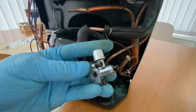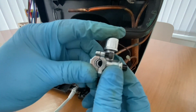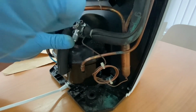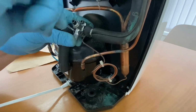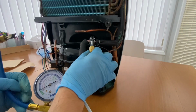Let me put some gas into the compressor. First, I need this piston valve adapter, and secure it. Let's see what gas. That's R134a gas, 100 gram, with a gas valve with meter. Connect the